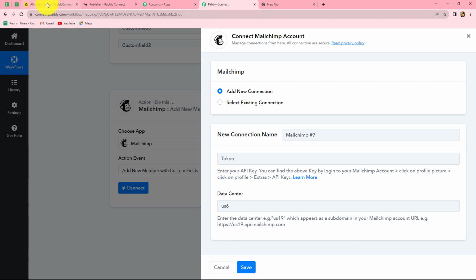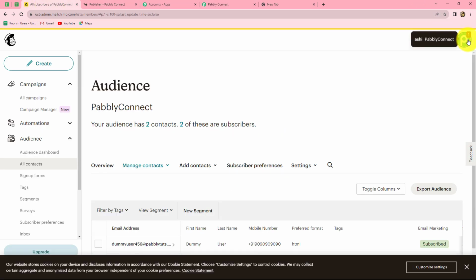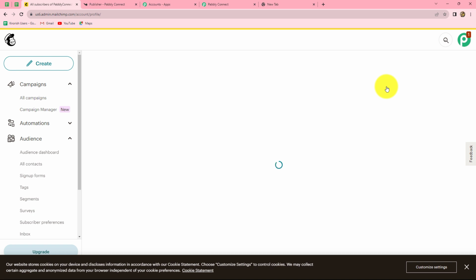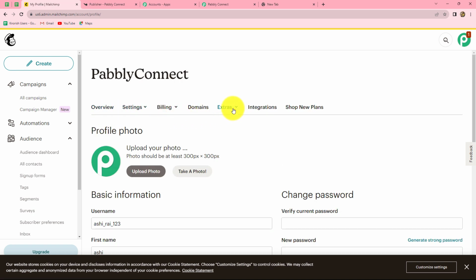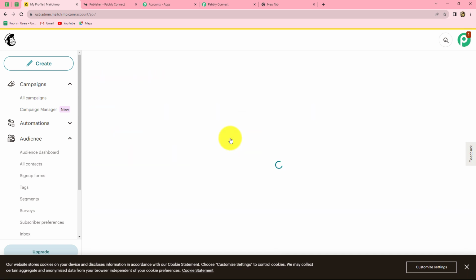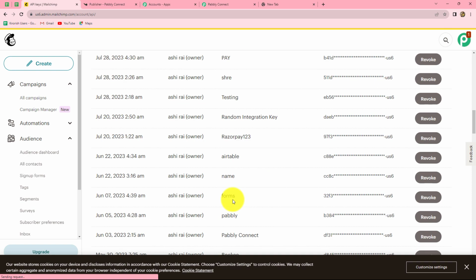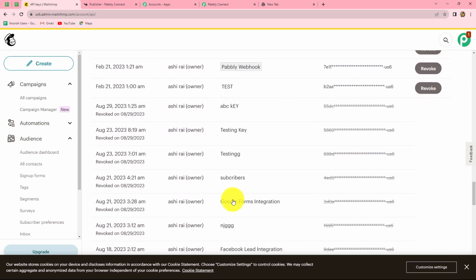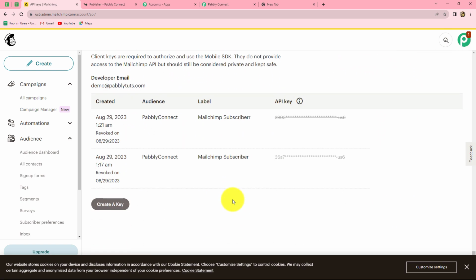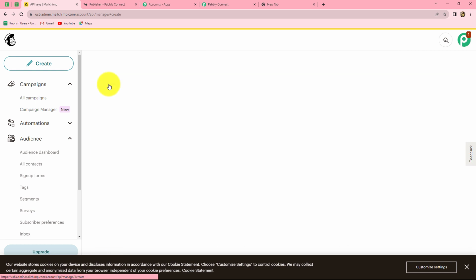Let us again go on our Mailchimp account, and here is the profile picture. We will click on profile, and under that we can find the option of extras. Let's click on it, and here is the option of API keys. After coming on API key section, we can find that here are multiple keys already created for different purposes. Now in order to generate a new key, we will have to click on this create a key button,